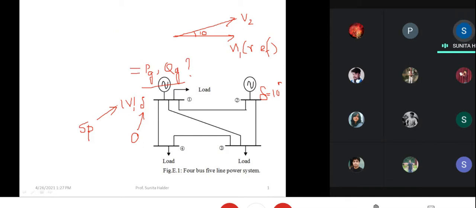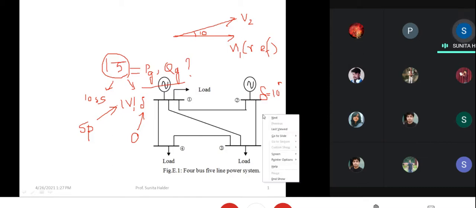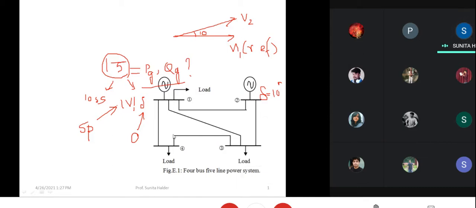Now, at the slack bus, this generation is variable. Say P becomes 15, it does not mean loss is 15. Within this 15, it is supplying some load. Along with that, it is supplying some loss. But we have made the generation variable to accommodate the loss in the mathematical formulation. So this is the concept of the load bus and the slack bus.